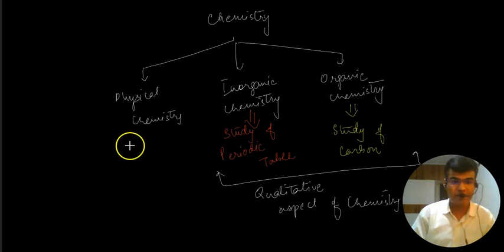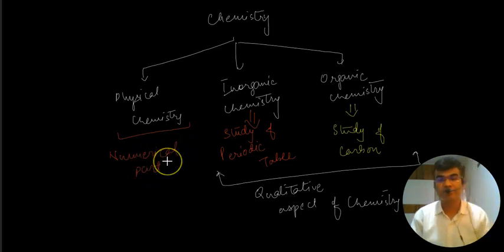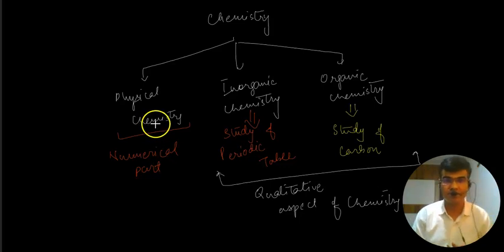And in this part, the numerical part of chemistry. Physical chemistry is what? The numerical part of chemistry. Whatever numerical you solve, that comes under physical chemistry. Fine. So in our next lecture, we'll start